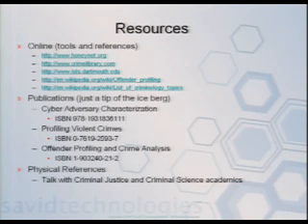I added this last night, well, some of it, so I wanted to be able to give you all some information to walk away with and do some reading. This is just some of the books that I have. Cyber Adversary Characterization is really the only good cyber adversary characterization book out there. It's a lot of fluff, a lot like Microsoft Press from about 8-10 years ago. But it gives you a good fundamental understanding of some processes that you can use. And then the criminal sciences books.